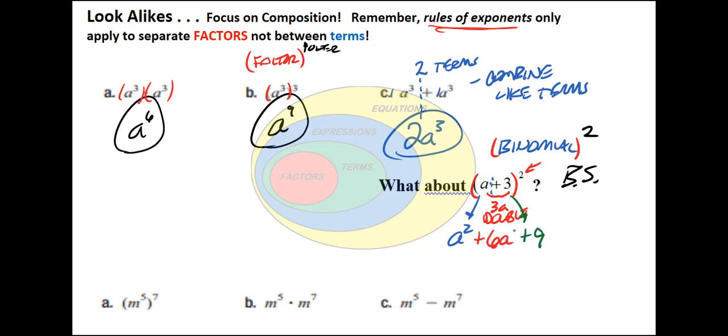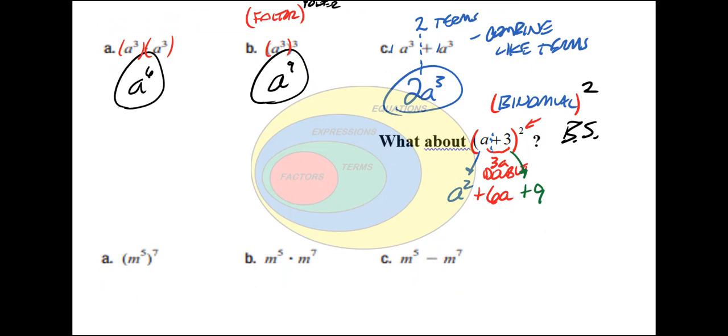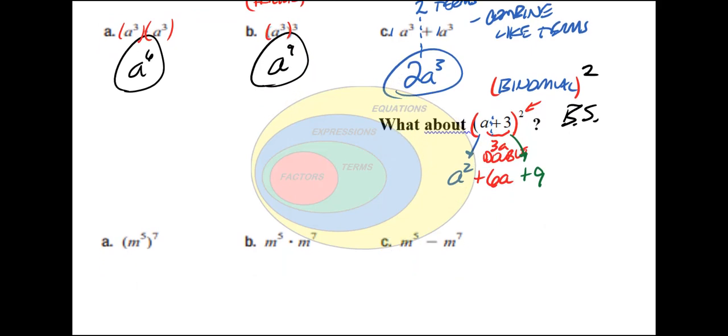But it's really easy to get caught up on thinking we just apply the power to those terms. We apply the power to individual factors. It's so important that we say what we're reading and use composition to keep us from applying the properties inappropriately. So just to practice again, the last three problems here, we notice here, the first one